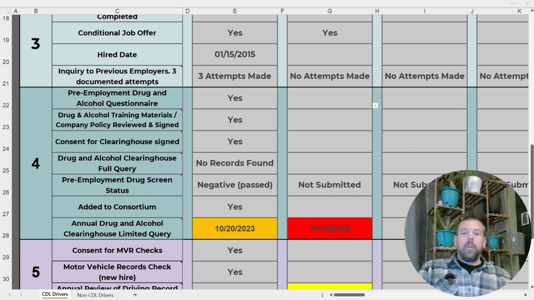In that policy, you want to make clear, okay, if this guy fails this drug test, what are we going to do with him? Are we going to fire him, or are we just going to remove him from safety sensitive work? So you might not want to fire the person, but you want to keep them from driving your trucks. And you need to have that outlined in your policy,